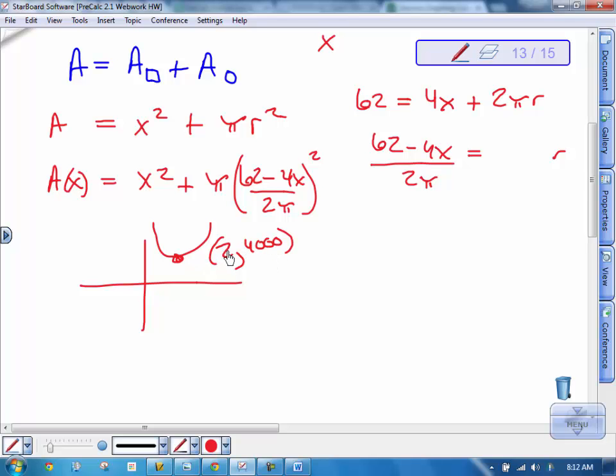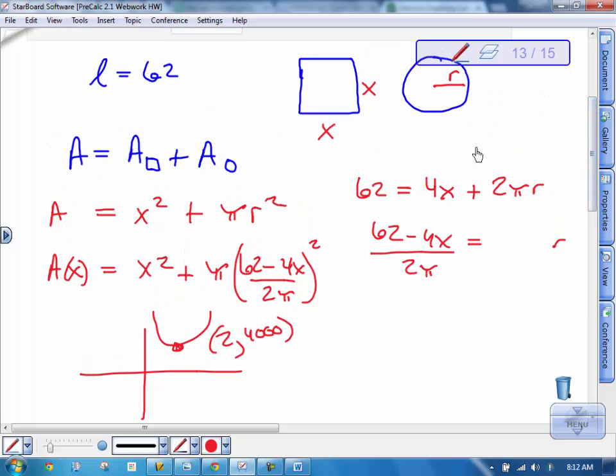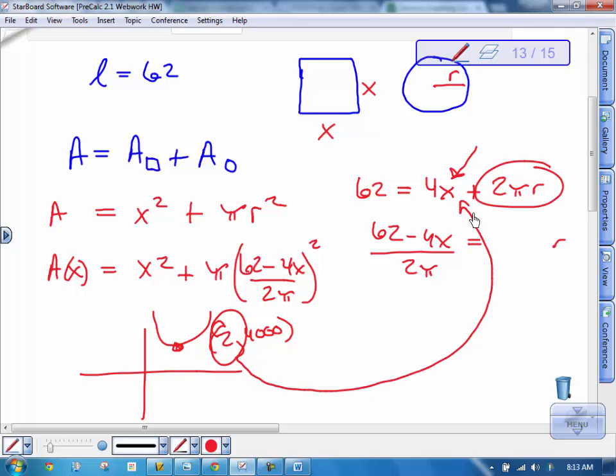The x value is what I want there, because I'm going to plug x back into this equation right there. I'm going to find the radius, or actually this, because they asked me for the circumference of the circle, which is right here. So once you find this x value, plug it in right here, and then subtract from 62, divide by 2 pi, subtract 4x from both sides right here, and you'll get your circumference right there,